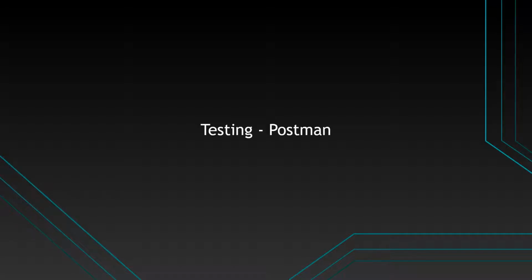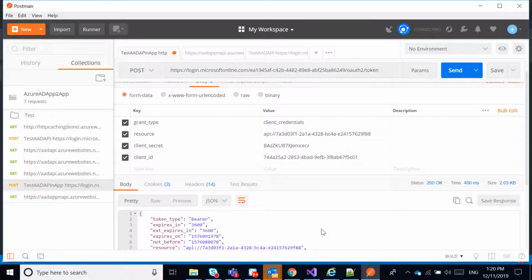Now let us see how the API can be invoked from other applications. For ease of testing, here we are using Postman. Postman is a client application which we can use to invoke any web URL. We can mention HTTP POST or HTTP GET. Also, we can add any headers, cookies like that. Let us start Postman. Now we are in Postman.